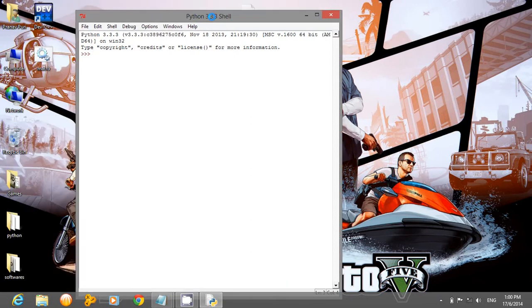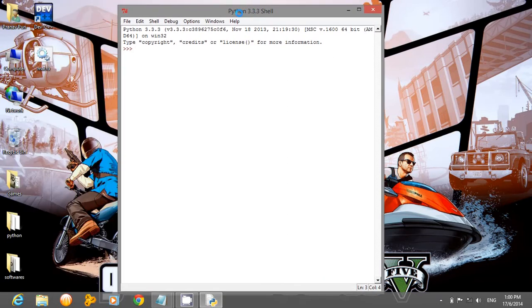So I've opened Python and you can see that I'm using Python version 3.3.3. These three forward arrows mean that I am currently in the Python session. So let's start with numbers. The numbers include 0 to 9 and we can carry out basic mathematical functions like addition, subtraction, multiplication. We can also carry out some trigonometric functions like sine, tan, cos, exponential, also factorials, gamma functions.